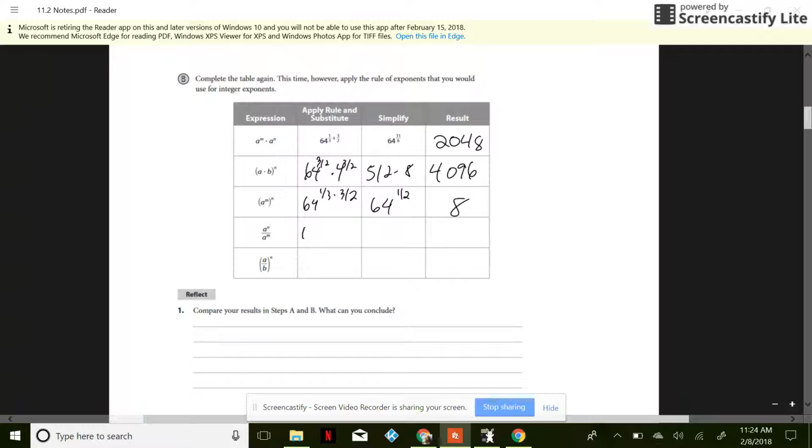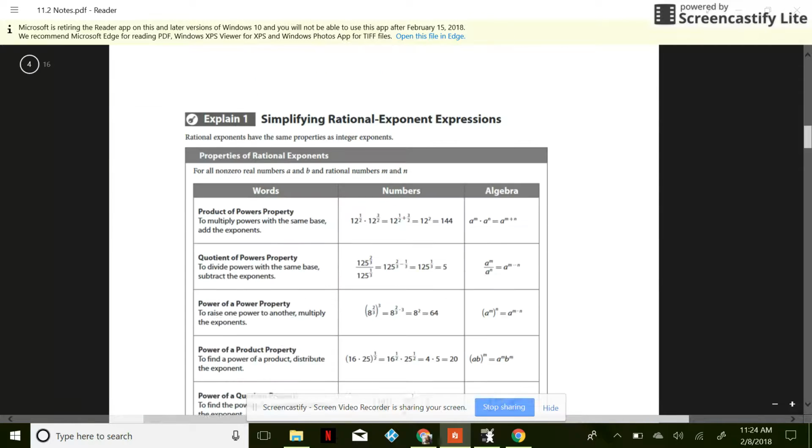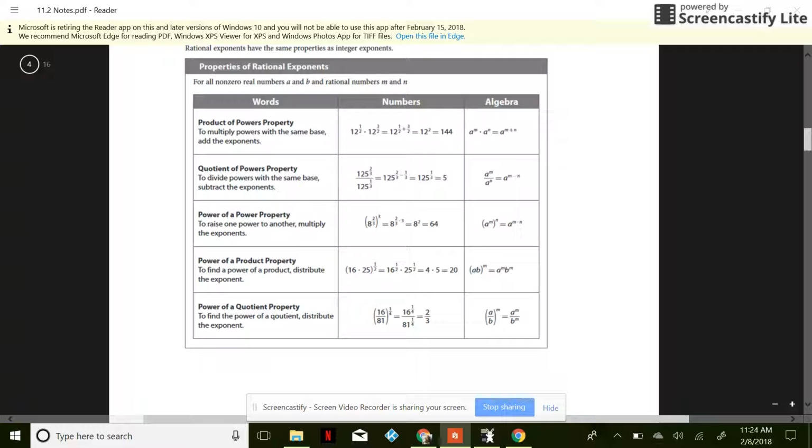When you divide with the same base, you subtract the exponents. So this will become 64 to the 3/2 minus 1/3, which is 64 to the 7/6, which ends up being 128. And here we can separate these. So we'll get 64 to the 3/2 over 4 to the 3/2, which is 512 divided by 8, or 64. So we can see that they come up with the same answers from parts a and b. So we can use these different power rules